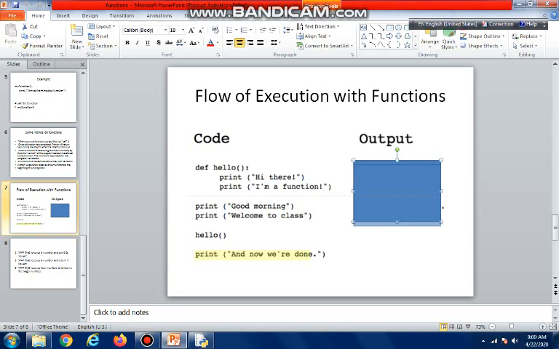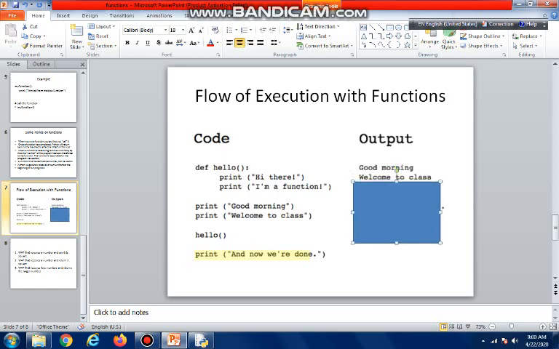Over here, so good morning will be printed first, this command will be executed first, then welcome to the class. This is the second